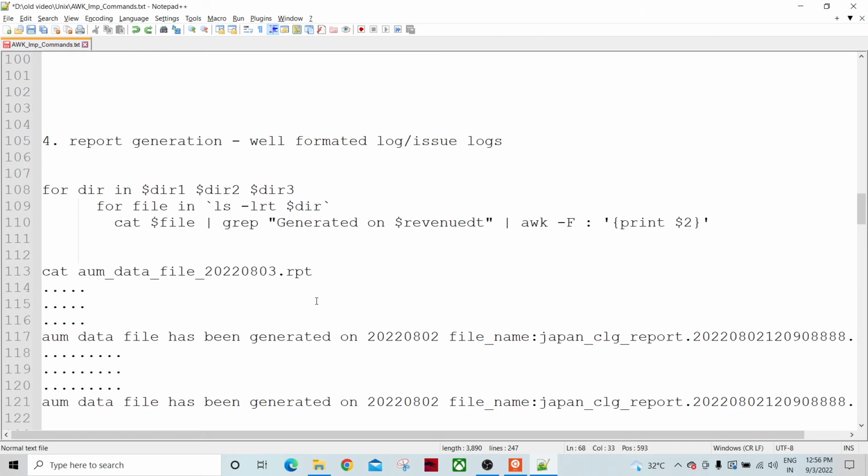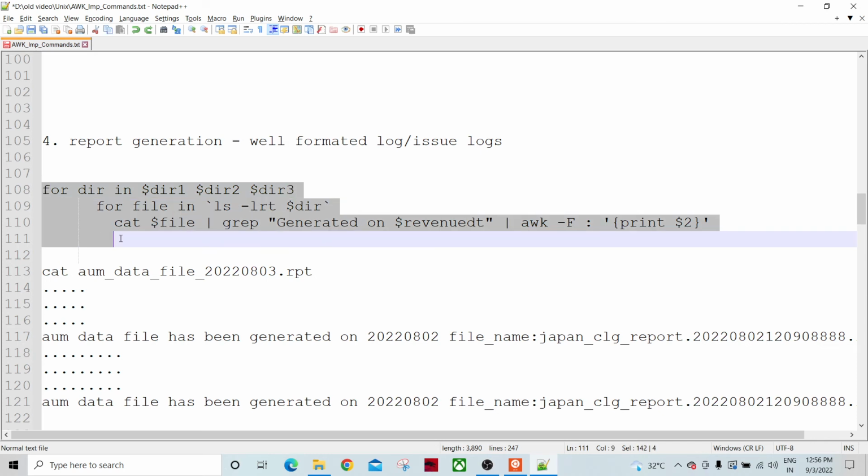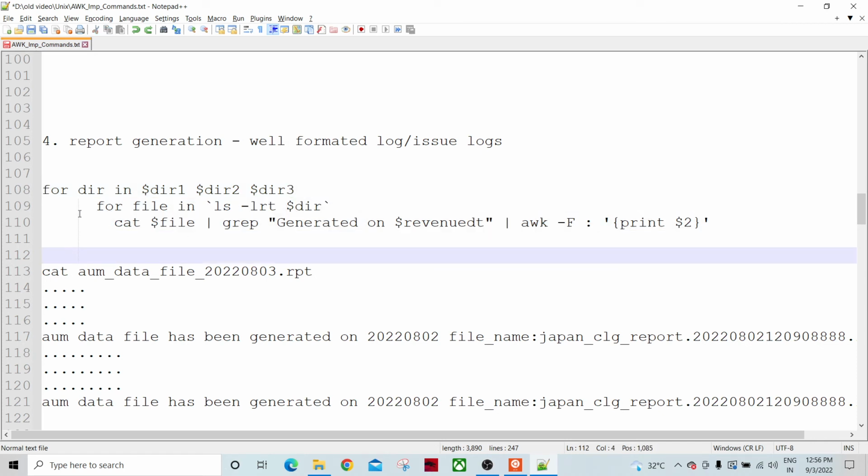Similarly, it's a similar case actually. Let's say we have report files placed in different directories: directory one, directory two, and directory three. $dir1 is the actual path of directory 1, $dir2 is the actual path of directory 2, and $dir3 is the actual path of directory 3. This is a partial snippet of a larger script. We can retrieve it using a for loop for each file, and then within one directory, $dir,